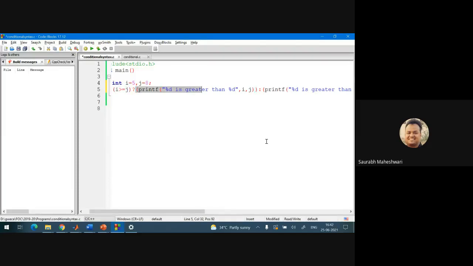When this condition is true, this particular statement will run, and when this condition is false, then this particular statement will run. Any doubt in this? Okay, we will see more examples. Now let us see one more example for this.